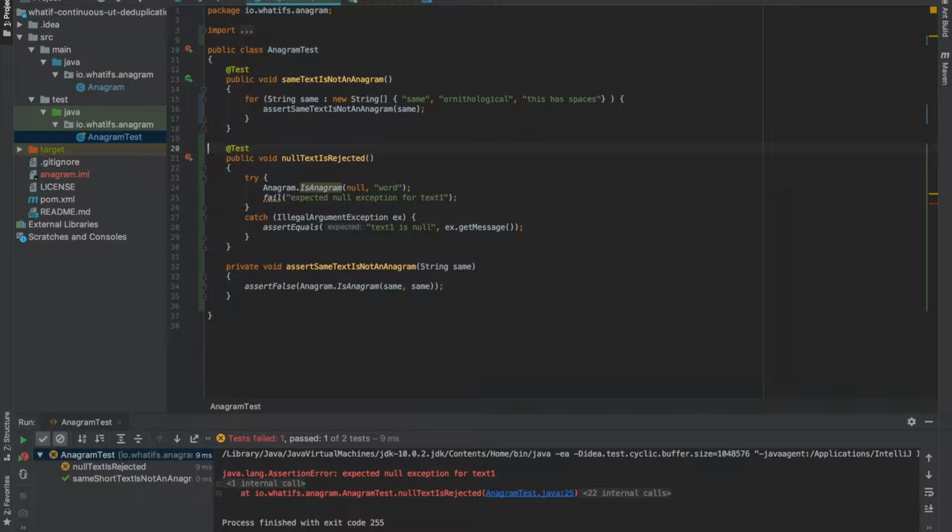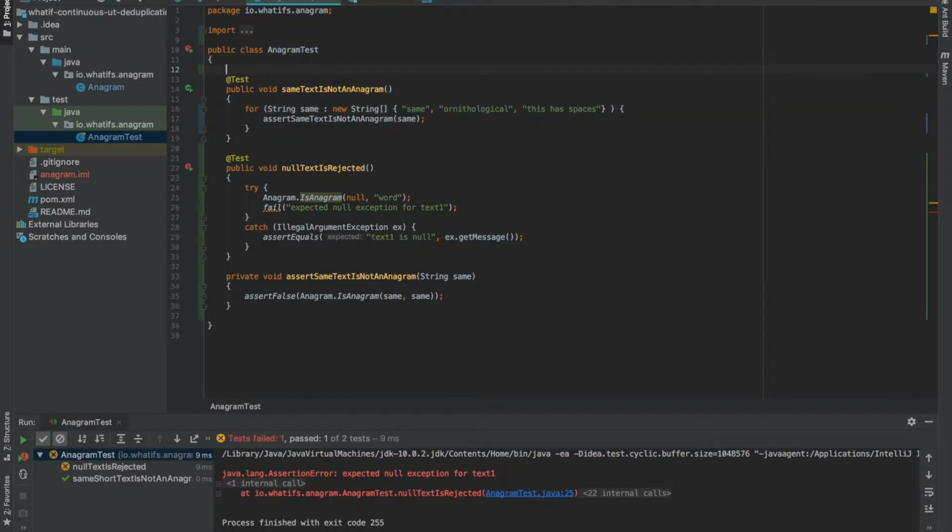And one area of deduplication that's quite easy to miss is a different category. It's not about something being exactly the same. It's about the purpose of something being the same. So deduplicating purpose. Let's think for a moment about the word same up here and the word down here. Both of these purposes really is just to have a short valid word, nothing more than that. So there's no reason to list the constant. We can deduplicate that purpose of a short word by simply creating something like